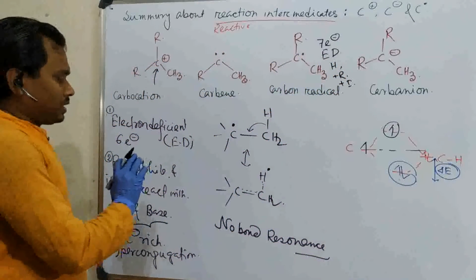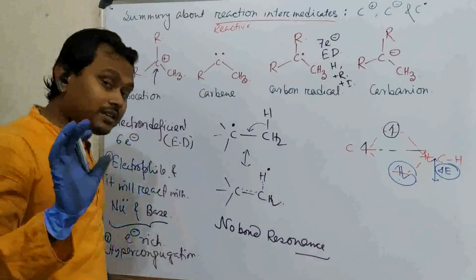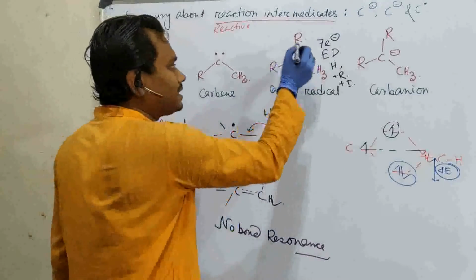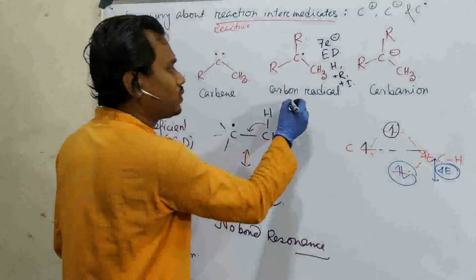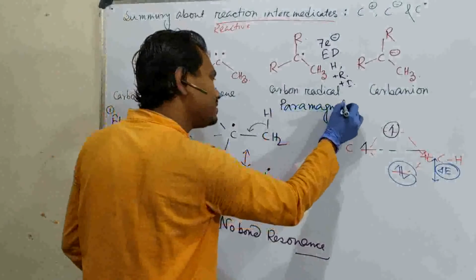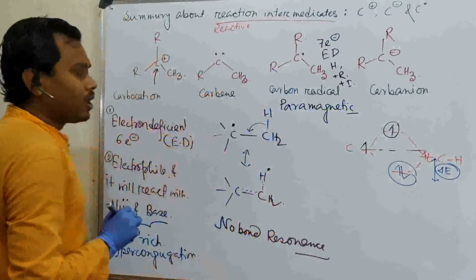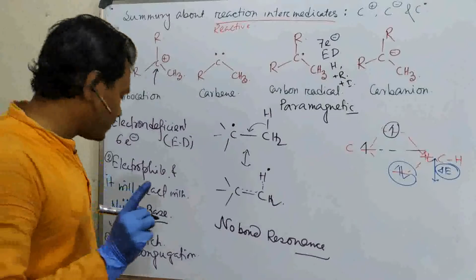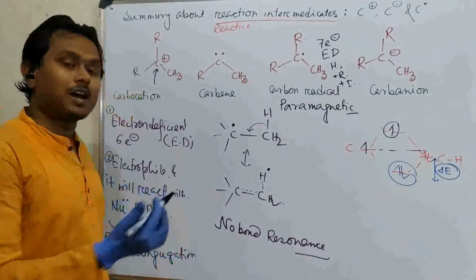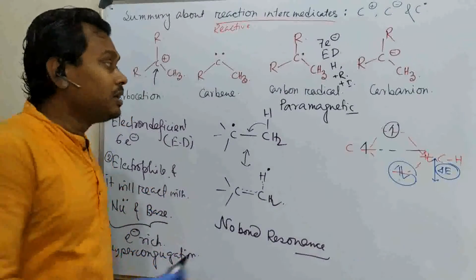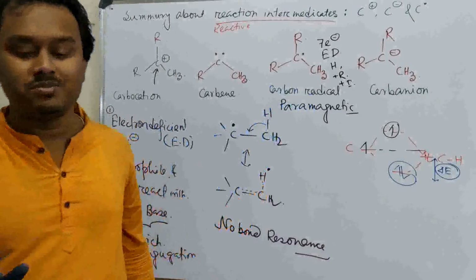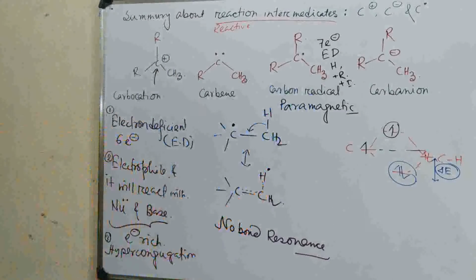Now this thing, I shall come to the reactions later on. Let's discuss the stabilization factor. Okay. And another thing, it's a single electron species, so you have to keep it in mind. Such types of materials are paramagnetic. Okay, single electron there. So what will they prefer to react with? They will prefer to react with electron rich intermediates, but not like a carbocation. A carbocation can accept two electrons at a time, but a radical can abstract one electron, or do one electron based elimination, means radical based elimination. I will come to that after some time.